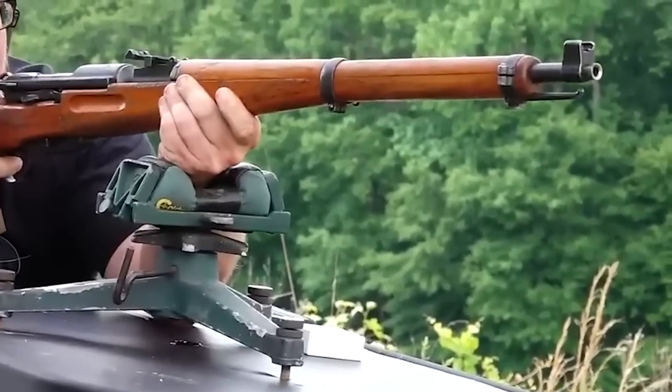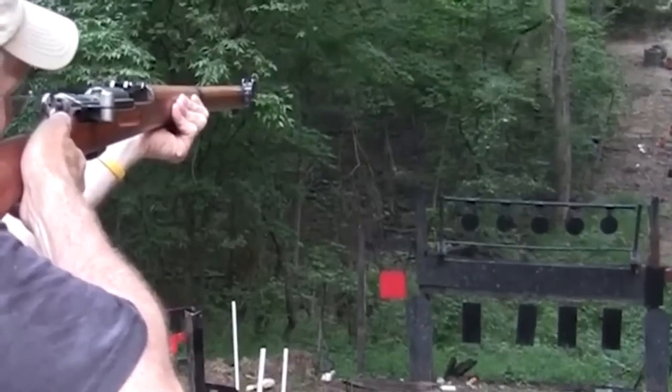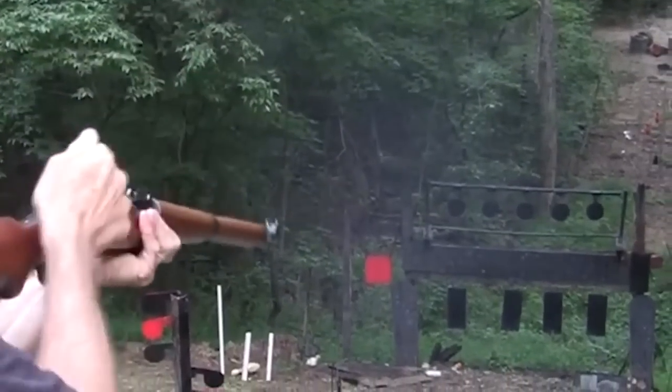A complete teardown and deep clean can be done in half an hour. Shopping for a K31 is easy with 7 quick